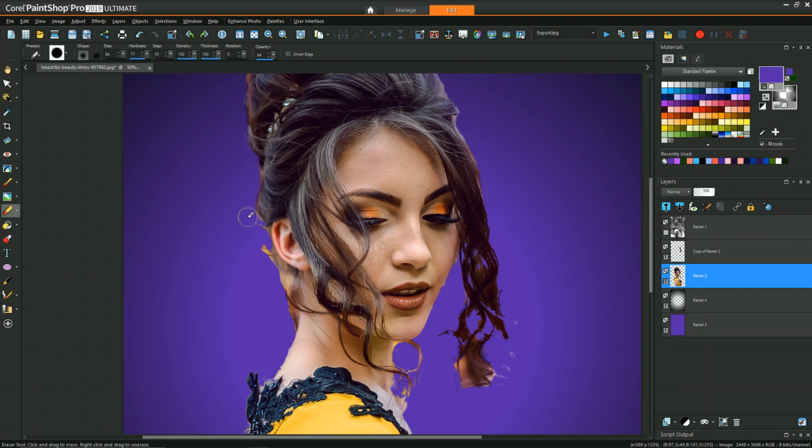And then really just going around the edges and trying to follow the shape of the hair. Remembering also that if at any point you erase a little bit too far, you can always right click to unerase a region. And in some ways, this can actually be important to achieve a specific kind of geometry that can't be achieved by such a large round eraser.